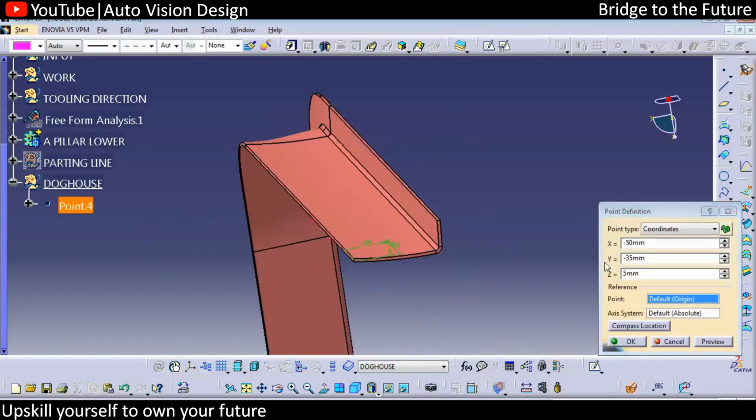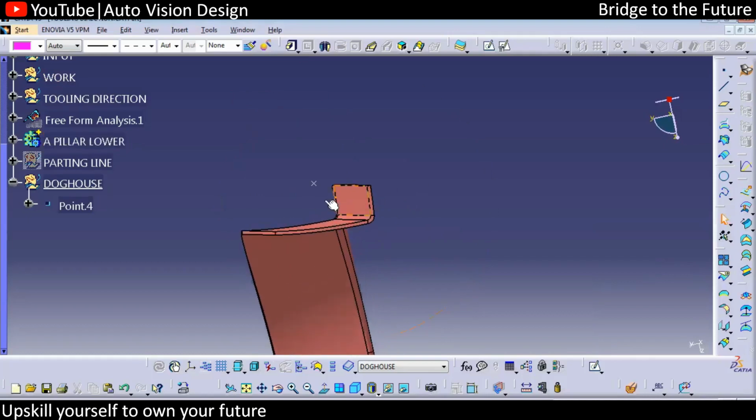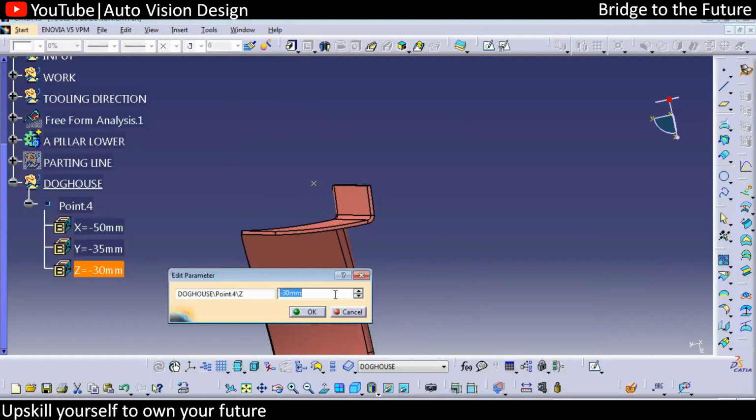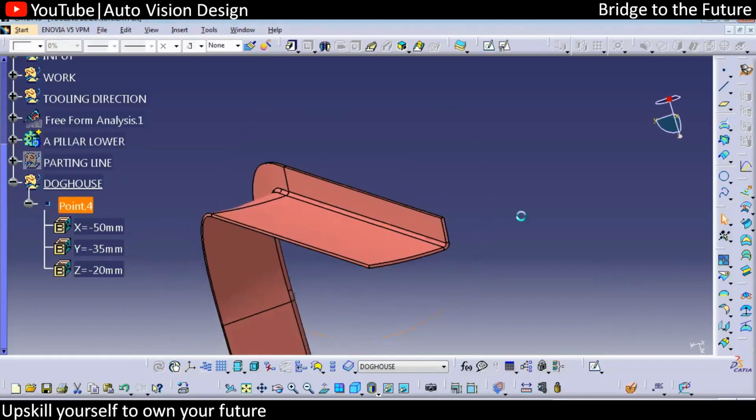So what we can do is take over here the z as the height, that we can take as minus 30 right now somewhere. So we have taken this height as minus 30, or you can just take it as minus 20. Minus 20 we can take, and from here we need to call out the doggos. Okay, so we need to call out the doggos which we're going to use, we have already done this document. Okay, so that we can check here.